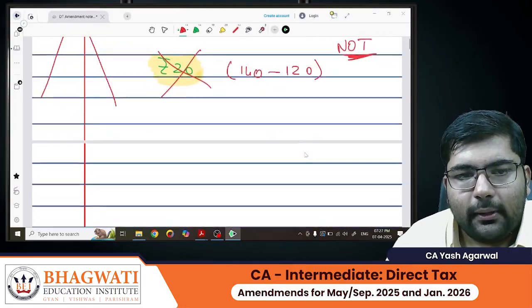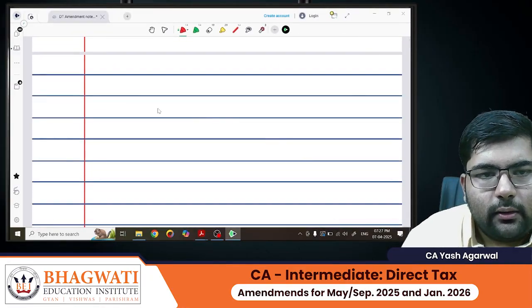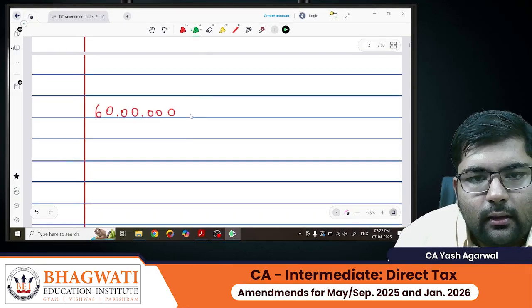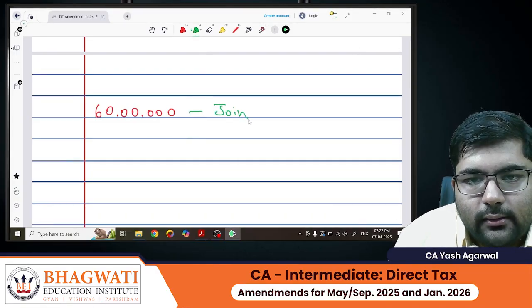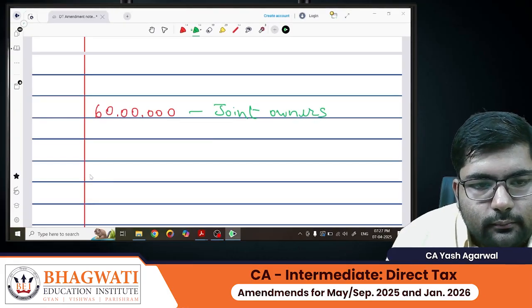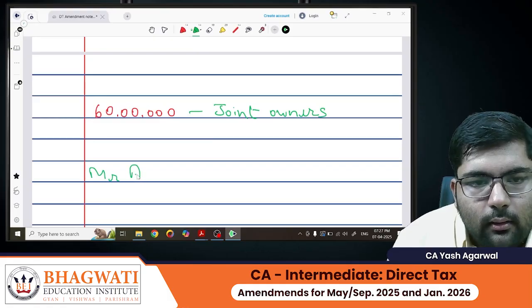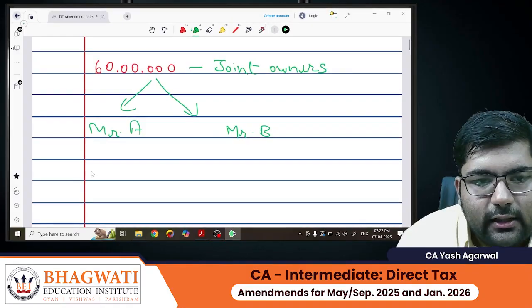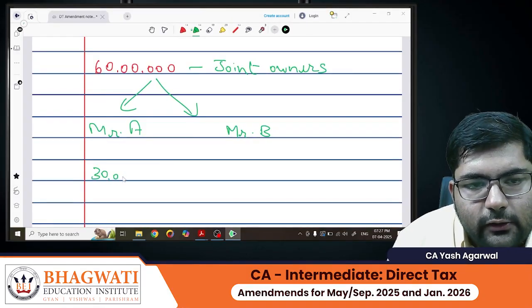So if you have a property that is being sold that is worth 60 lakh rupees, and this one has joint owners, Mr. A and Mr. B, and say they are equal owners, 50% each, then the consideration which you would pay would be 30 lakh rupees